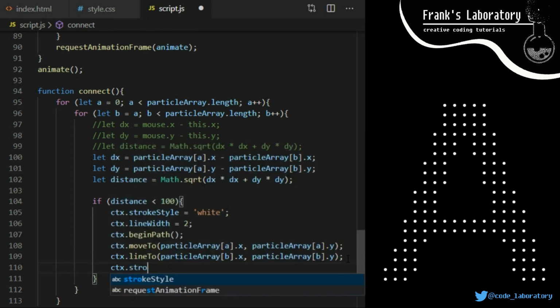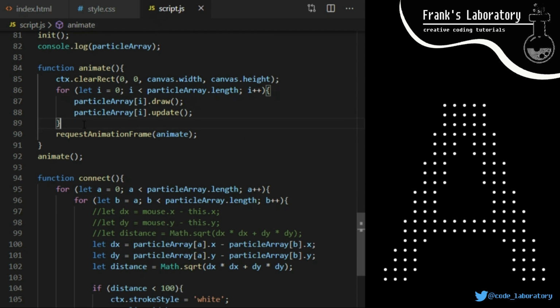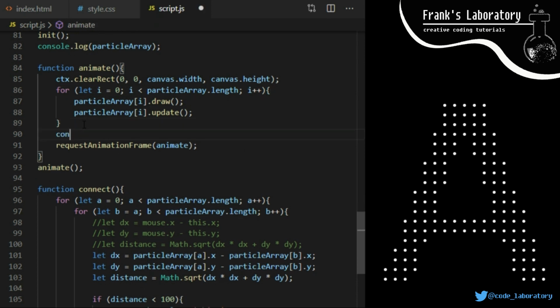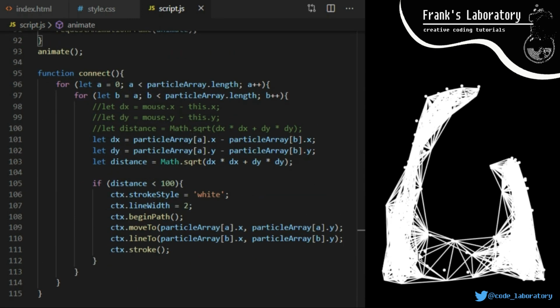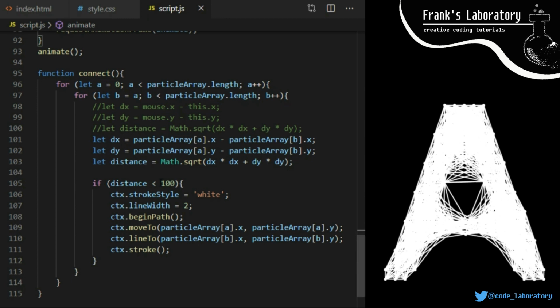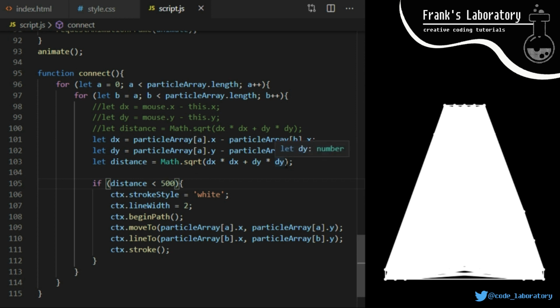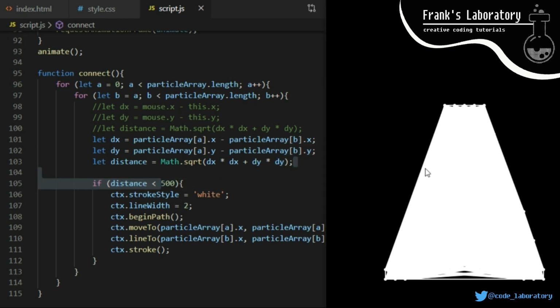All you need to do to create the popular Particles.js constellations effect with vanilla JavaScript is this code we just wrote from line 94 inside our custom connect function. We have just declared the function, we also need to call it inside our animation loop to actually run the code. So on line 90, I call connect, and here we go. This is just the basic effect. We can make it a little bit nicer than this. Here on line 105, you can change the distance limit. The limit will determine maximum distance between particles that get connected by white line.